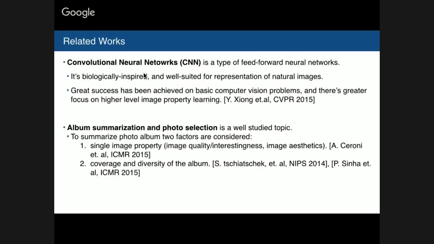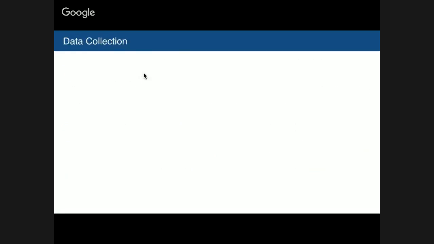But our image importance detection algorithm can actually help with this summarization problem, because the single image property is a very important factor in this problem. Okay, so